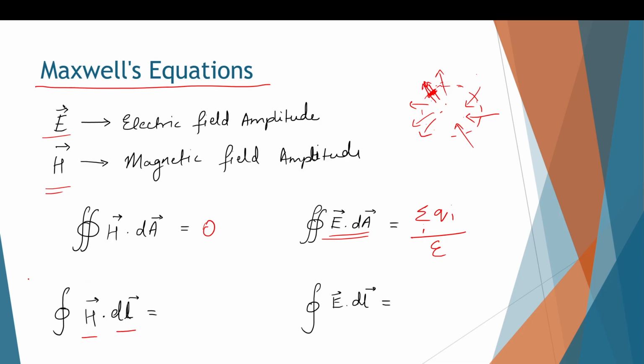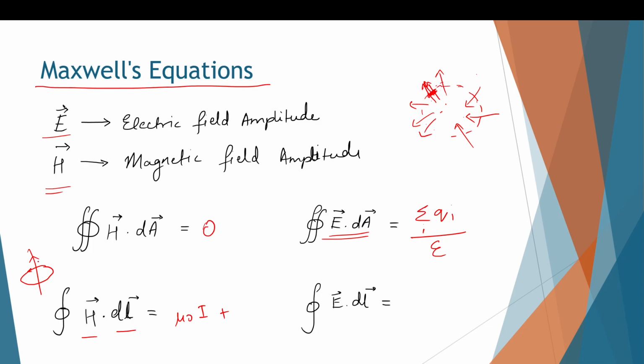If I have a loop, and I do a magnetic field integral along this closed loop, that will always be equal to the current that is passing through the loop. That is basically just mu naught times I, plus